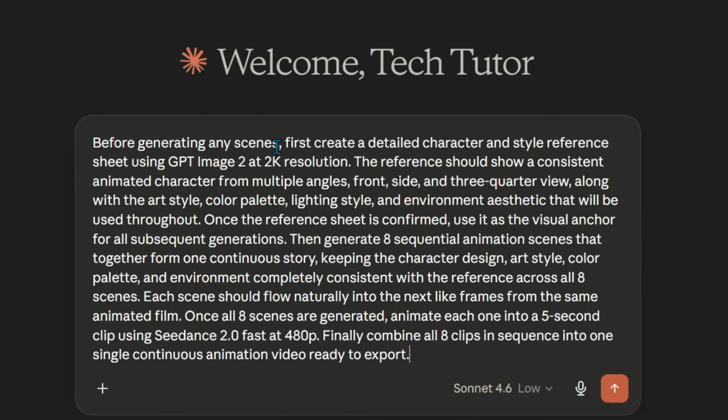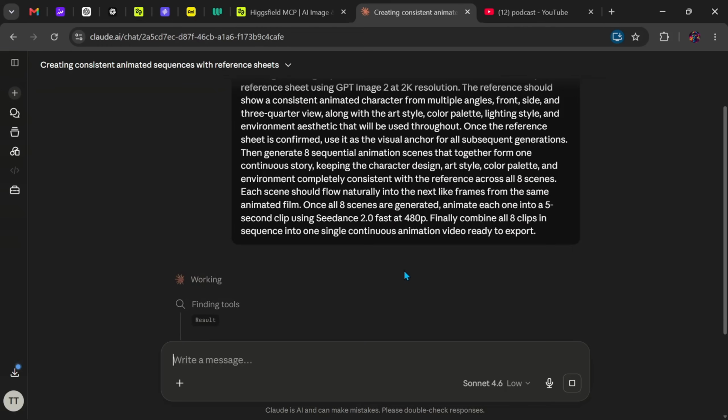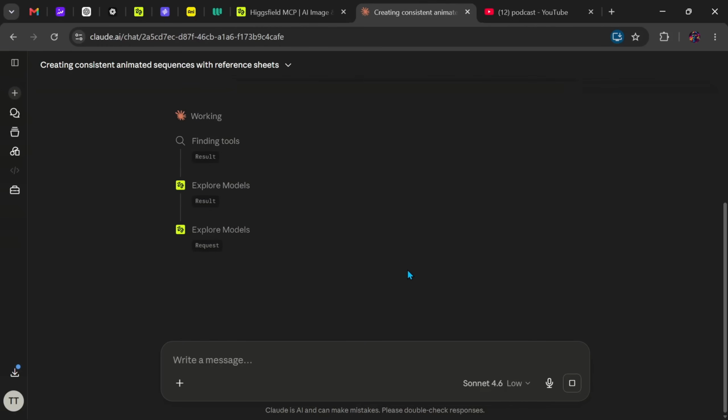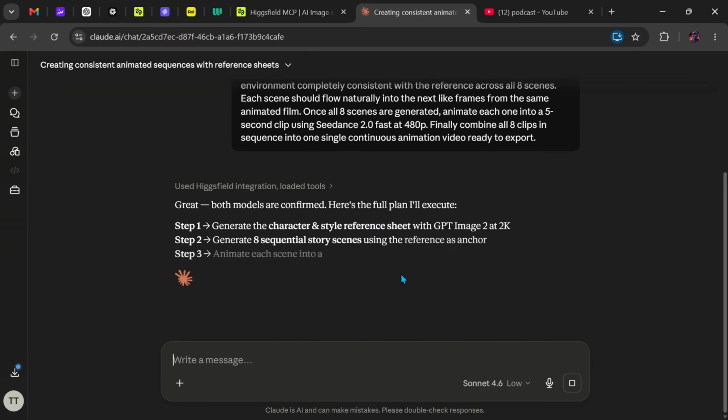I pasted in a longer prompt and asked Claude to generate a character reference sheet, create 8 storyboard images, animate each scene using Seedance, and then combine everything into a single video. You can go beyond 8 scenes if you want a longer story. I'm not going to spend too much time on this section because I already covered it in detail in my